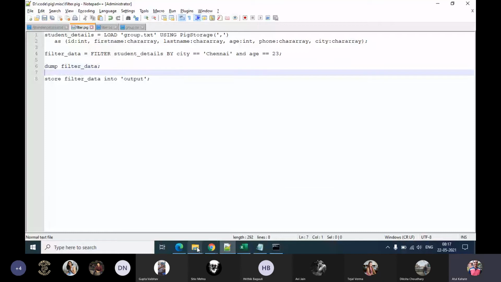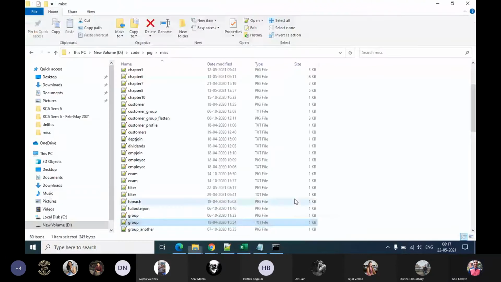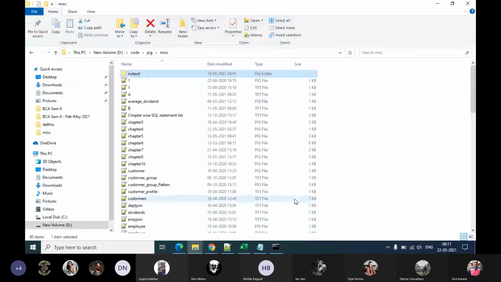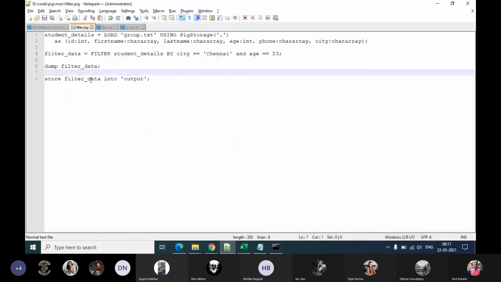I may have an output directory already existing. So first delete it if it's there. Okay, and now I will run this code so that hopefully it will store the output in this directory called output.